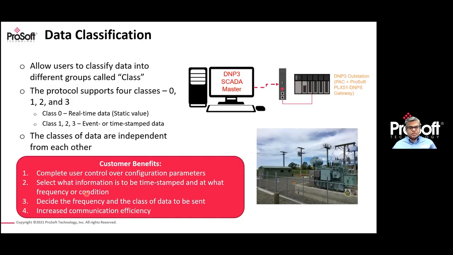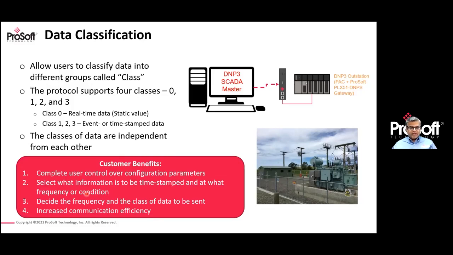You can say that for certain types of digital I/O, while I want to know the status, they're not as critical as, let's say, a fault indication. So you can give a fault indication a class 1, and a different type of digital input could be a class 3. It also allows you to select what information needs to be timestamped and at what frequency or under what conditions. So again, you don't have to timestamp all of the data if you don't need to. You can then decide on the frequency of when this data is sent, once a day, every 6 hours, depending on what it is,